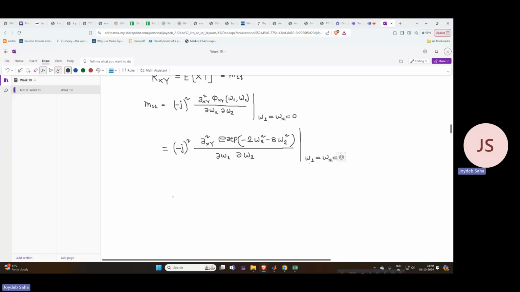So this is minus j square, exponential of minus 2 omega 1 square minus 8 omega 2 square multiplied with